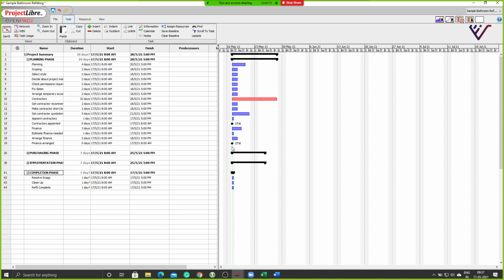You notice the color and representation of the milestone is different. It is represented by a black rhombus, right? And all your other activities here are marked in blue color. That's because as of now the program is considering them as non-critical activities, or activities which are not on the critical path. The activity which is shown in red means that is a critical path activity.